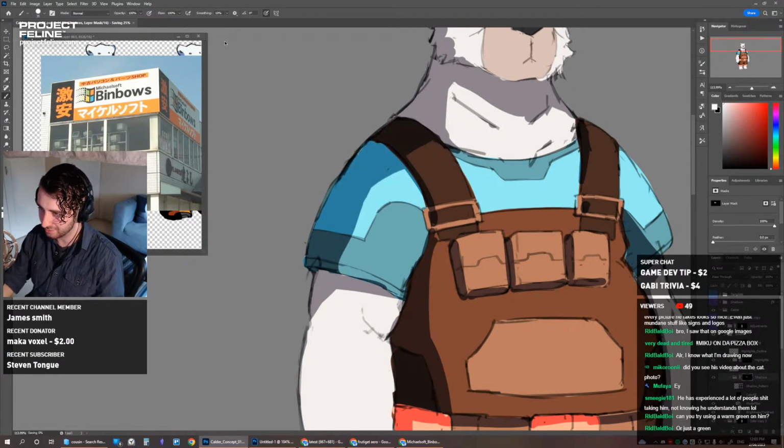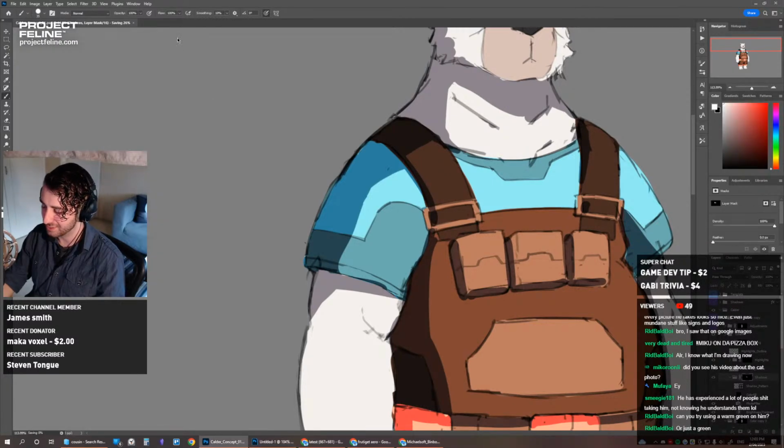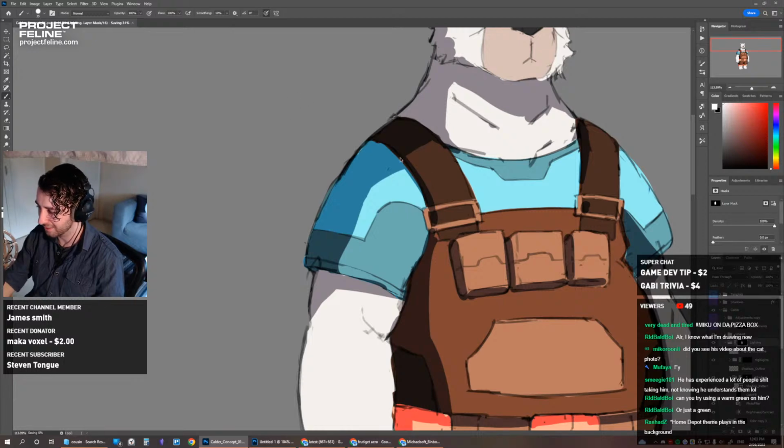I'm just gonna save it, and I have to close and reopen the document because Photoshop's glitching. It does that sometimes. You start doing stuff and then the canvas just freezes, and you can still click on layers, but you can't do anything. I don't know if anyone else has that problem, but I get it all the time.